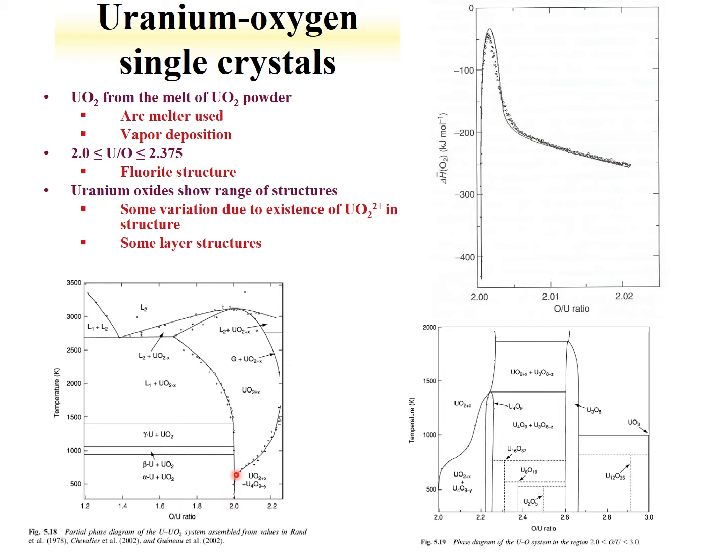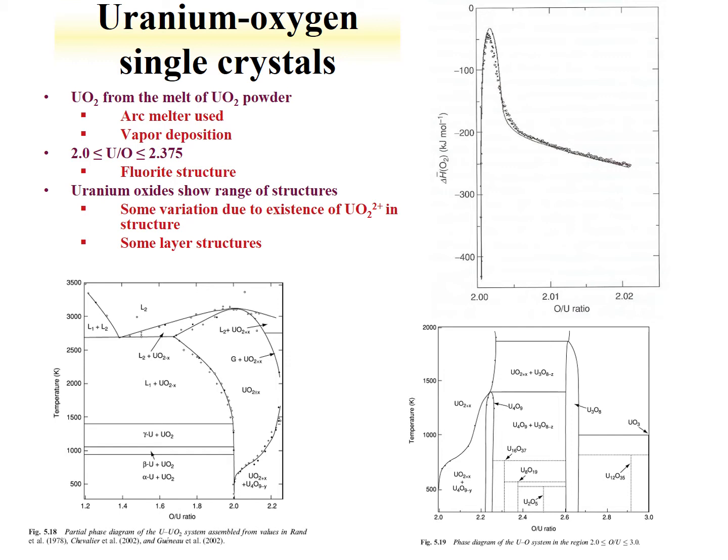And then as we start getting higher in oxygen, we start forming some different species. Here's U4O9-y. Here's the higher ratio here. We see that we have U3O8 formed, UO3, U12O35, U8O19, U2O5. So there's a number of compounds we didn't necessarily explore, but the uranium oxygen system is particularly rich,